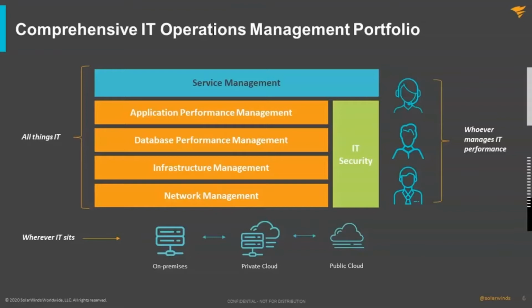As you can see, it's constructed very nicely of 6 pillars. 5 of them are horizontal, 1 is vertical, but at the top there you have service management. And of course, service management can be requests coming from any part of the business. So it could be HR requests, procurement, it could obviously be IT service requests as well. Really anything that is requested from users can come through that. So that kind of oversees all of the technologies and all the requests going into it. Underneath that, then you have your 4 orange pillars, which are the typical IT stack.